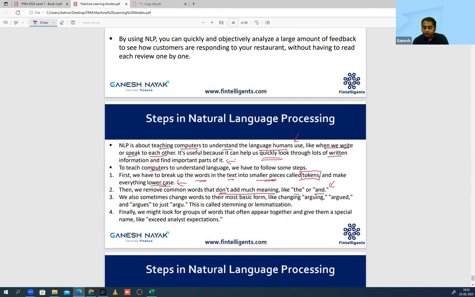Then we will also change the words to their most basic form. Okay, like changing arguing, argued, argue into this. मतलब क्या है? When obviously I was arguing with you, or I argued with him, ultimately the main theme is I argue हुआ. बराबर ना? So computer will not get tangled in that word ना कि ing है, ed है. We'll just say कि हाँ argue, that something happened, and he knows the meaning of argue.